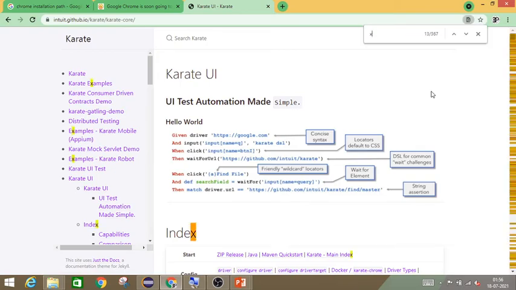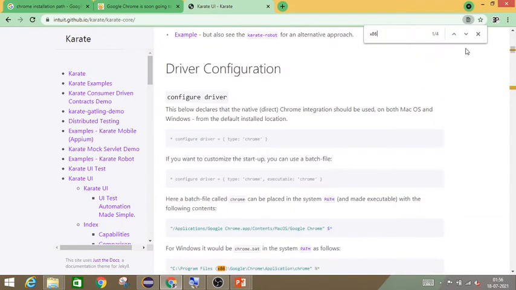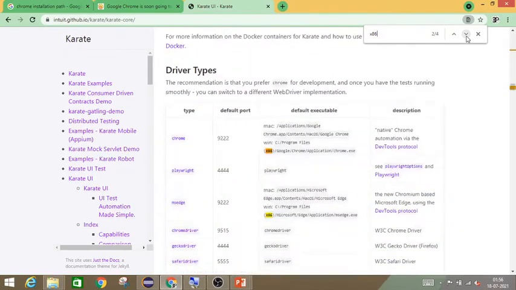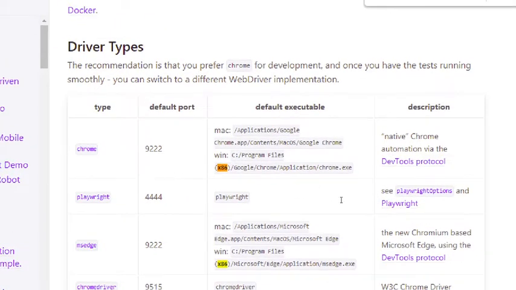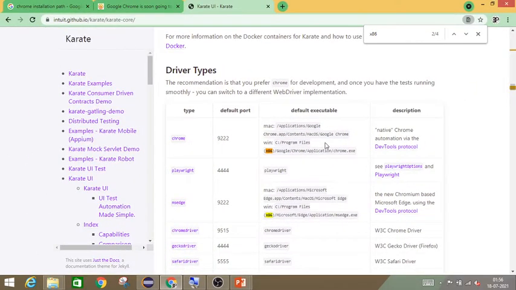We will search x86. You can see here that for Chrome the default executable path is nothing but the x86 path. This is the path given by default in the Karate framework. Whenever we don't specify any path, it automatically takes the x86 path. That's fine, our machine might be 64-bit and x86 might be the correct path.